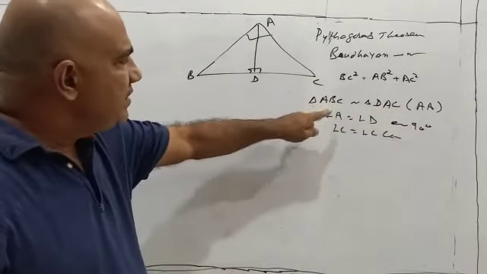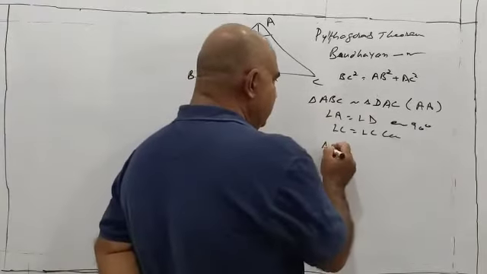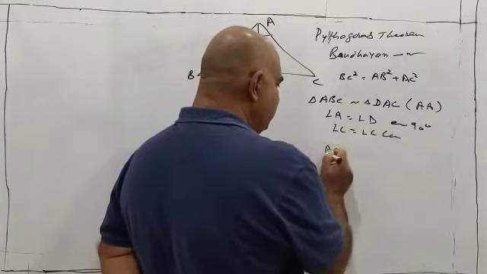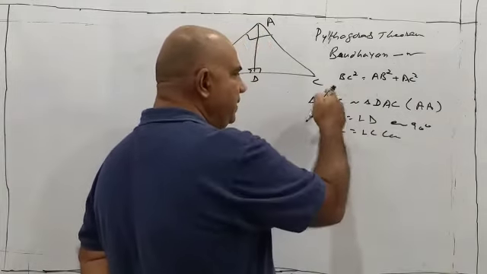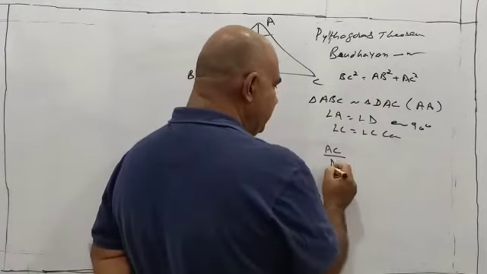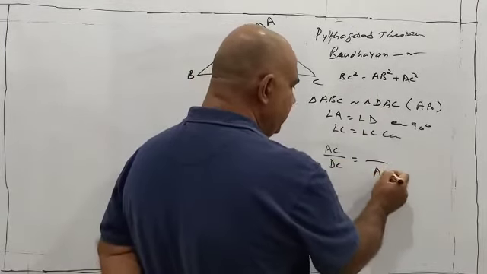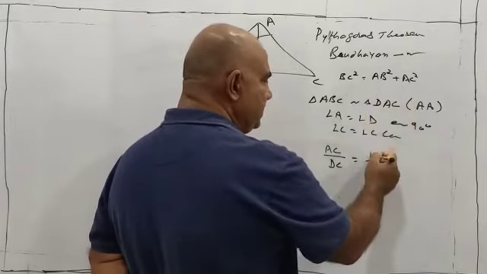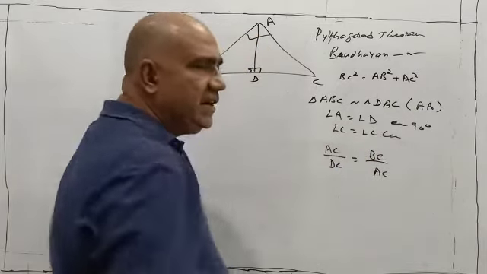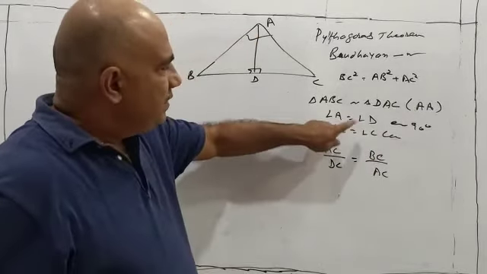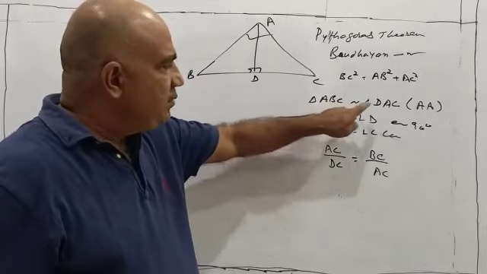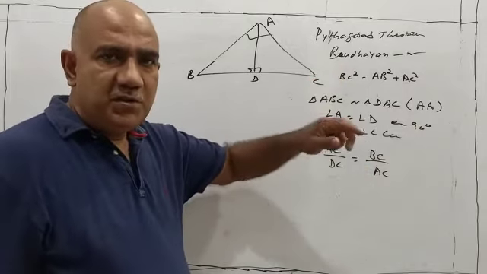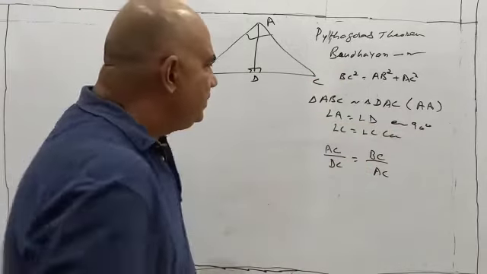So from these two triangles, I will write triangle A, since they are similar. So I will write AC, a side made by the first and third vertex, so I will write here DC. Also I will write AC from this. So the last two vertices... This result I have written only because I have already proved that triangle ABC is similar to triangle DAC. So if it is so, the sides are proportional, or the ratio of their corresponding sides will be equal.